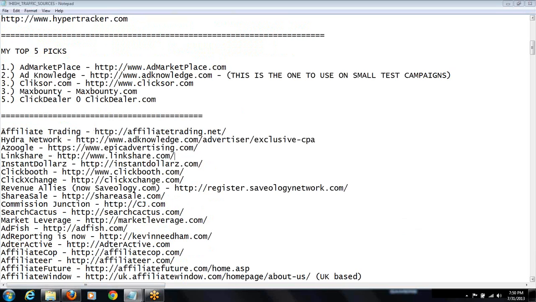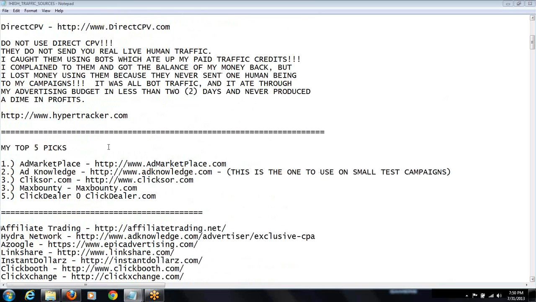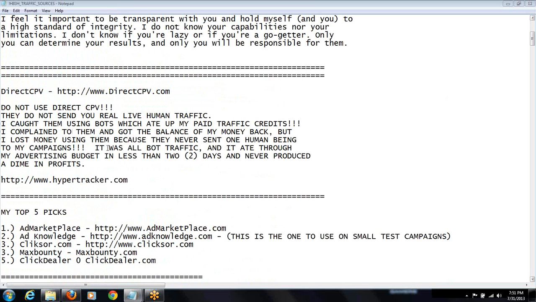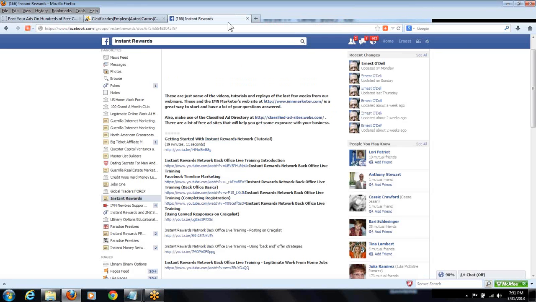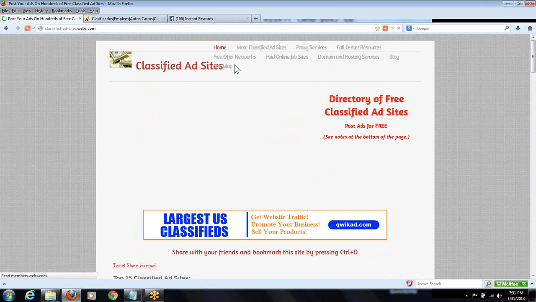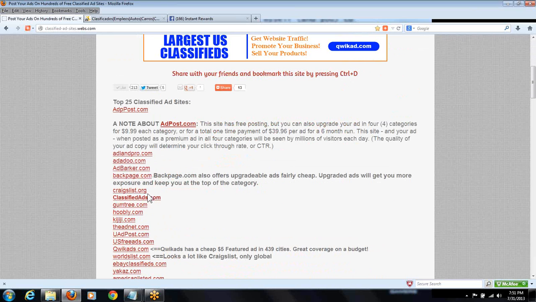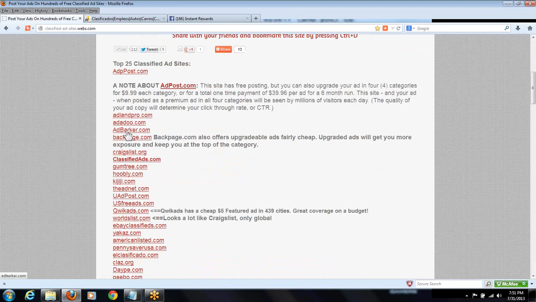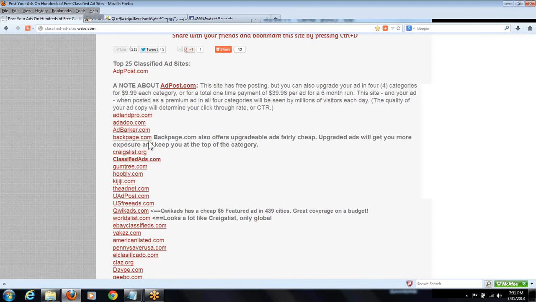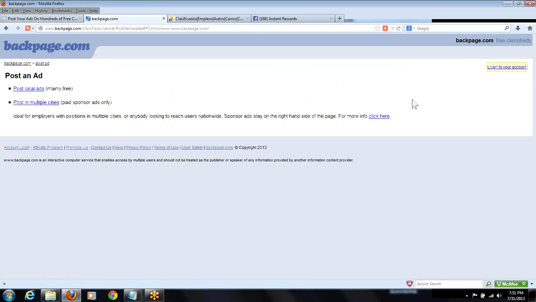There's a ton of links in here I will be making available on these high-traffic sites. Most of them are paid sites. They're not cheap. They're a little bit more expensive than some of the paid sites over here. On these sites, you can do $5 to $40 or $50 for an upgraded ad. The only difference is if you get over into Backpage and you want to post an ad in multiple cities,